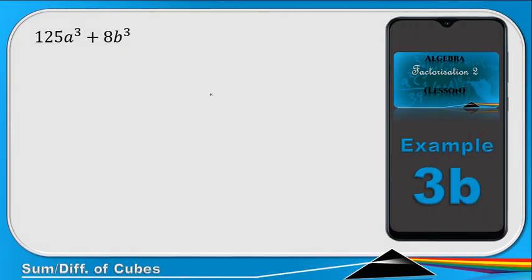Okay, now to look at a bit more complicated one, and this one has a coefficient in front of the variable. So these coefficients are perfect cubes. We can see this whole term is a perfect cube. If I take the cube root of 125a cubed, it just becomes 5a. All right, and similarly for 8b cubed, we just have